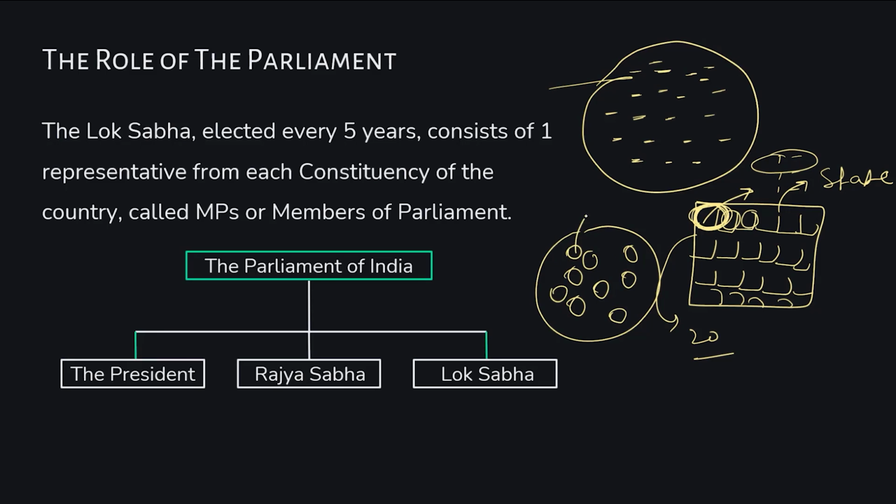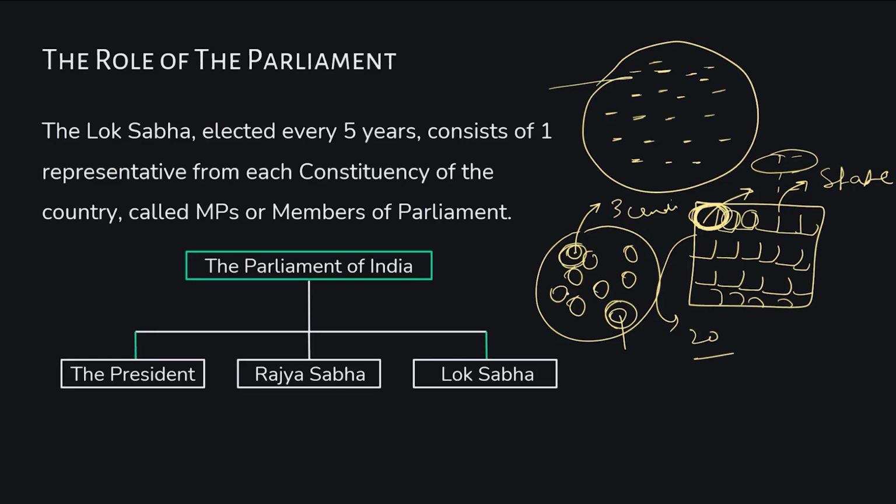Now let's say this is one of the seats amongst the 20 seats, and there are three candidates standing in the elections, and the one that gets the majority vote from the citizens will be the elected representative and become the member of parliament. And let's say the person who gets the majority votes belongs to the Bharatiya Janata Party, and similar voting happens in all the 20 constituencies. Basically, someone living near this region, near this constituency, will vote for this constituency. The candidates standing in each constituency will be different, right?